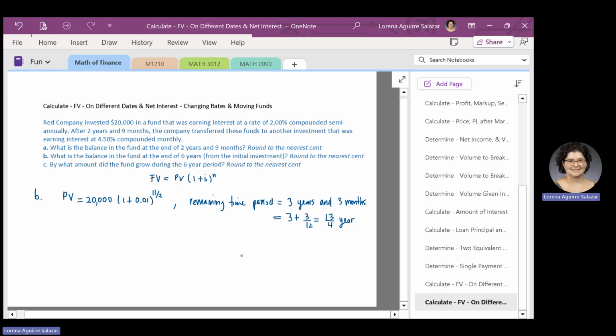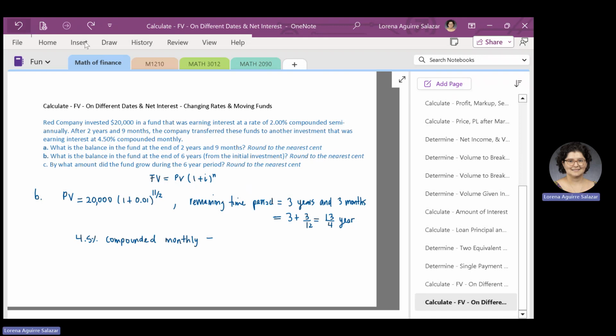And now we have that period of 3 years and 3 months. Interest is compounded at a rate of 4.5%, and it's monthly. Here we have 4.5% compounded monthly. And that corresponds to an i that is given by